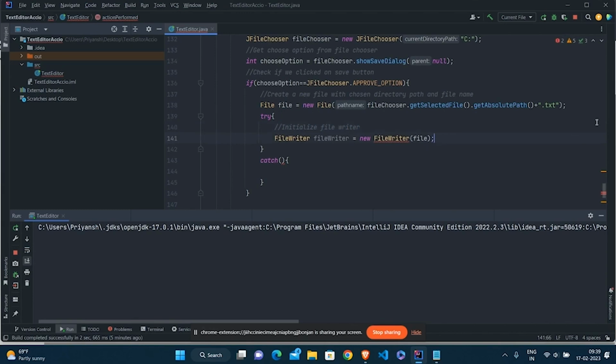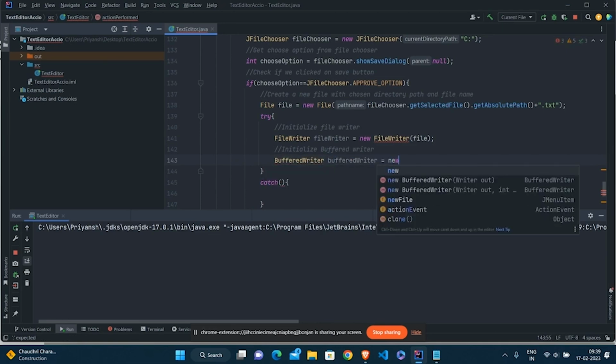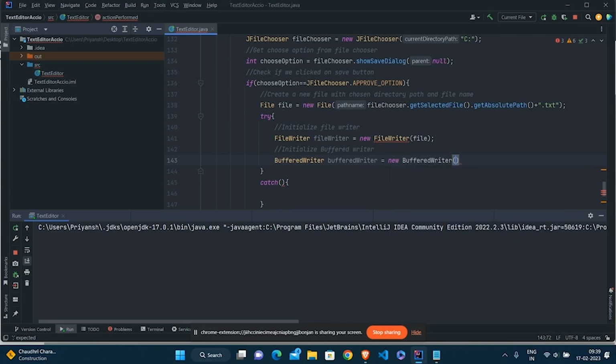Initialize the file writer. After this, we need to initialize the buffered writer. Similarly, we need a buffered writer instead of a buffered reader here. So buffered writer equals new BufferedWriter, and we'll be using this file writer as its companion.